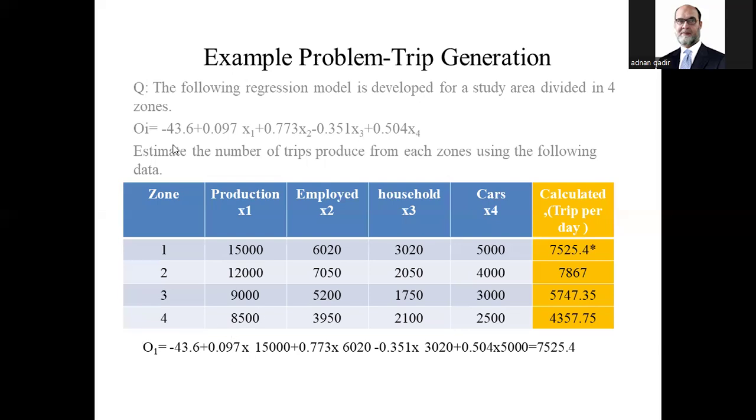For zone 4, minus 43.6 plus 0.097 times 8,500 plus 0.773 times 3950 minus 0.351 times 2,100 and plus 0.504 times 2,500 is 4,357.75. So we can say from the given data, zone 2 is producing the highest number of trips, 7,867,